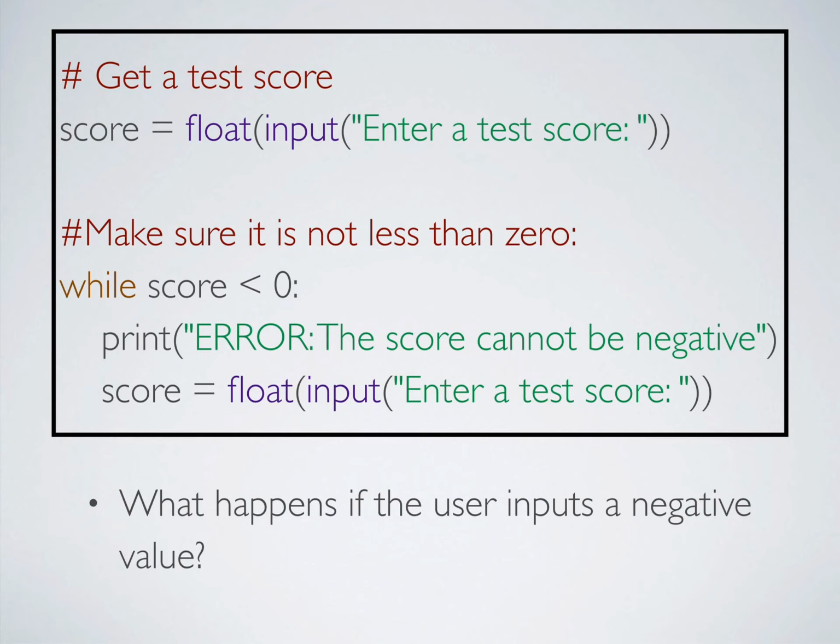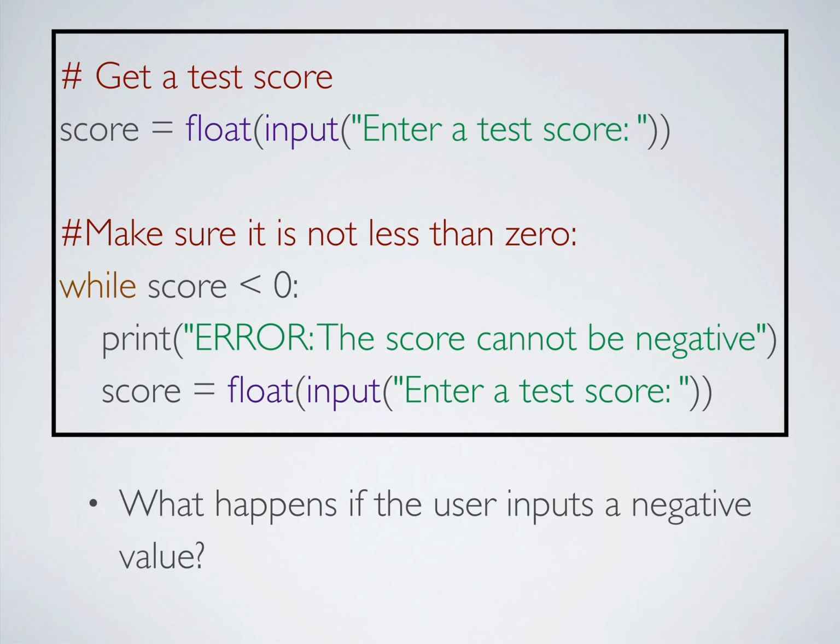We see this same thing where you ask for input twice again. So you ask for input at the very beginning, say, enter a test score, right? So we're assuming the user is going to type in some number between 0 and 100, for example. So this input validation is checking to make sure that the score is not less than 0, basically. So what's happening here is you ask for input from the user, the user inputs some test score, and then you